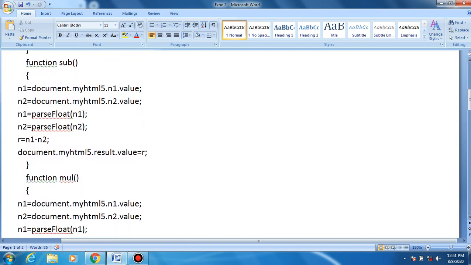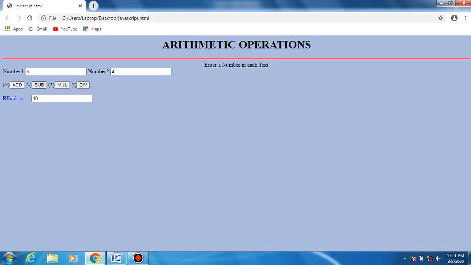And the second one is the function subtraction. Subtraction means we subtract one number from another number. Therefore, we define here 2 numbers, n1 and n2, and r equal to n1 minus n2. This is the result value. Suppose we click subtraction, 6 minus 4, the result is 2.